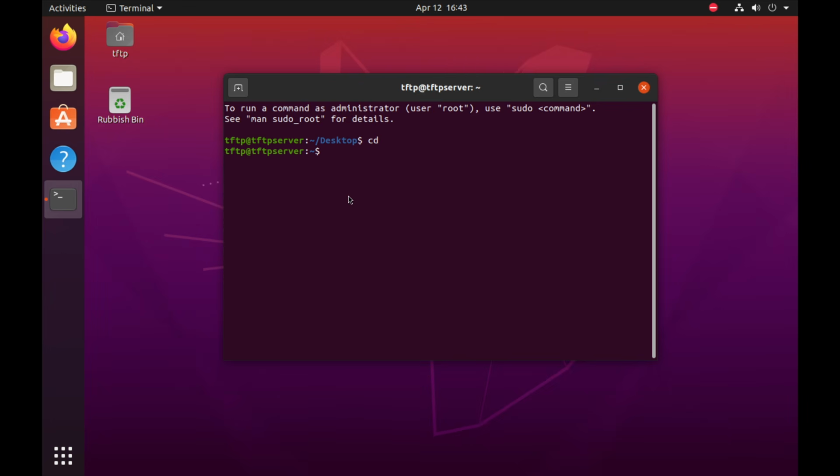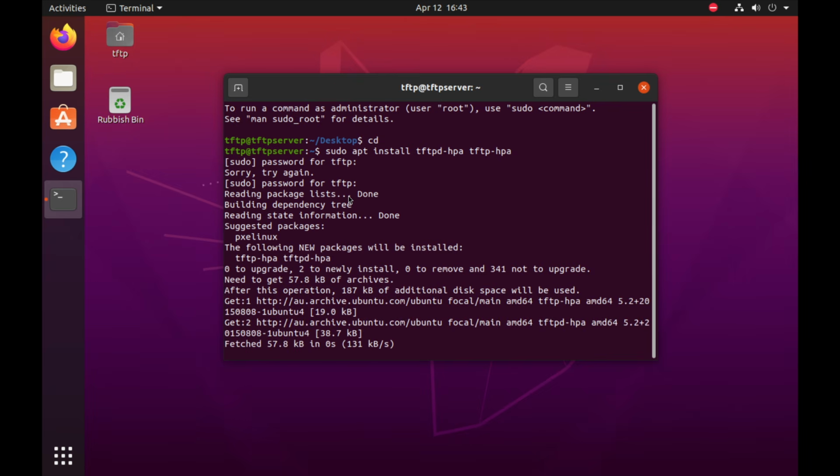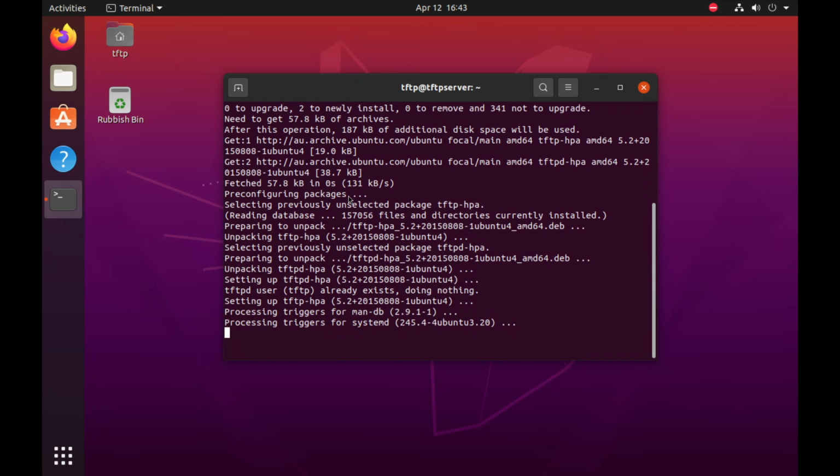This is a Debian-based system, so we will be needing to use apt for this. So what we need to get is two bits of software. They are tftpd-hpa and tftp-hpa. So apt install tftpd-hpa, that's the daemon, so the actual TFTP server, and then the client, which is just tftp-hpa. In my case, this is literally just called tftp. The password is tftp when I can enter it correctly. Now that we've done that,